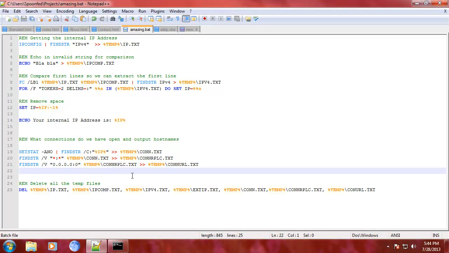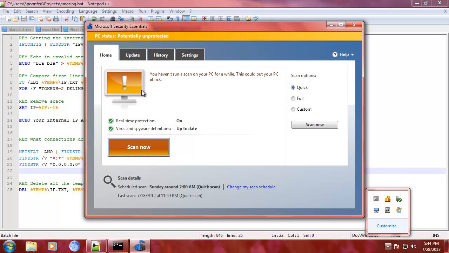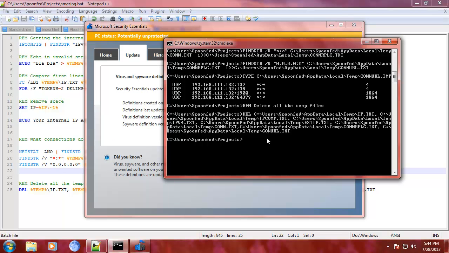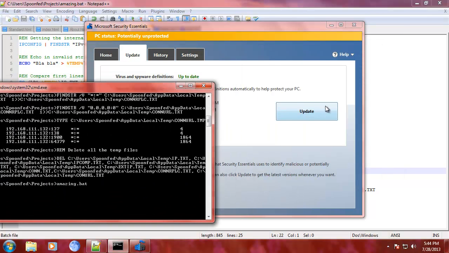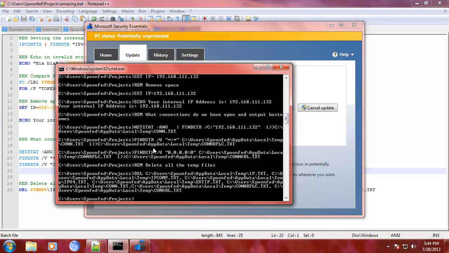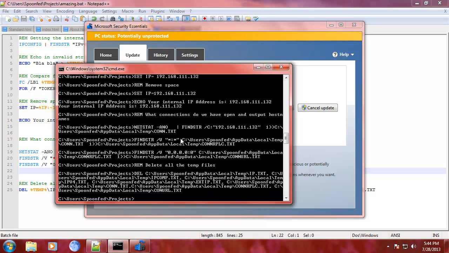I'll get an error regardless anyway, because we don't have any connections. So let's see if we can get some connections going. Update, no, I want you to update. So I'm gonna run this like so. Update, go. There we go. You see that there's nothing there anymore. So no connections are made,